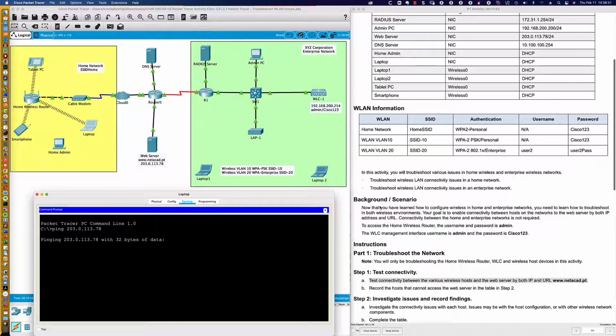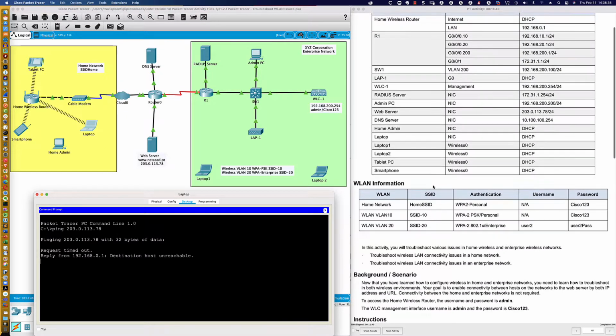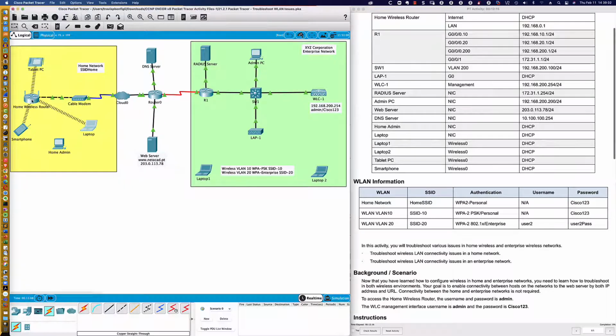203.0.113.78. And as you can guess, it's probably not going to work. So there's a number of ways we can troubleshoot this, right? We can take a look at the settings that are here in the table, right? So for laptop, smartphone, and tablet PC. So laptop is DHCP, smartphone is DHCP, and tablet is DHCP, which means they're getting all of their information from the wireless router. So you might instinctively think, well, let me click on the wireless router, but the configuration is